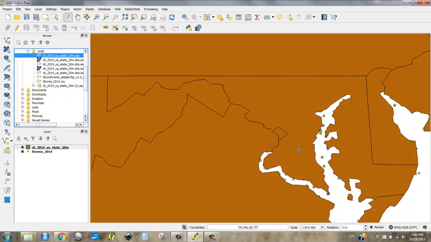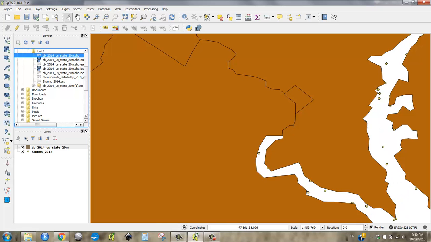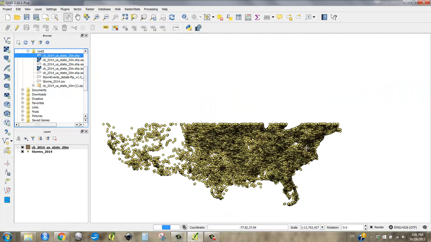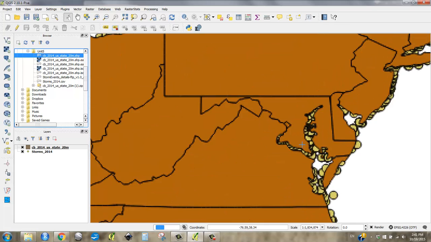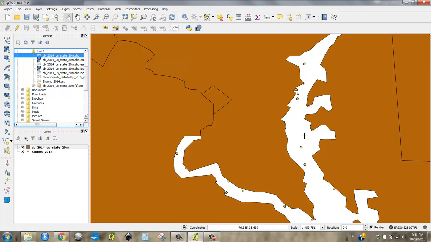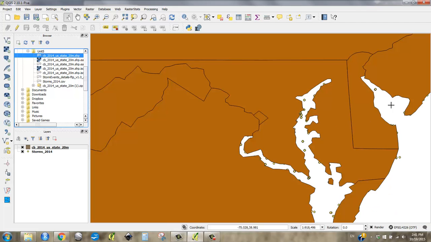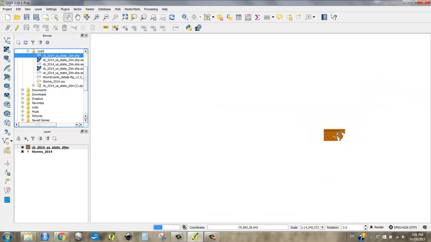And so let's see what the other ones look like. I'm going to show you right now what the difference is between the different scales. At the scale of 1 to 20 million, this shapefile works really well. But if we were to just make a map of the Chesapeake and the states around the Chesapeake, it looks a little cartoonish, right? It's not very accurate. It's not very well drawn. But it's basic. It's a very small file, and for the whole country, we don't need that level of detail,